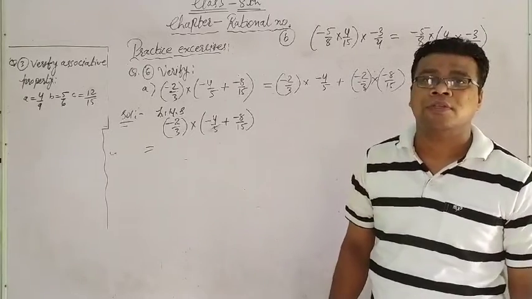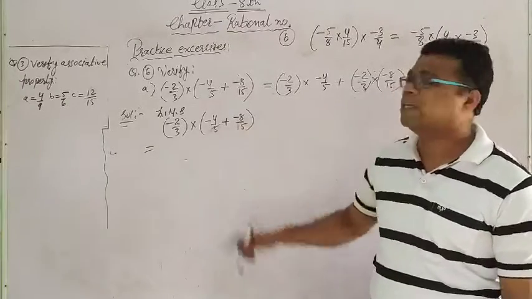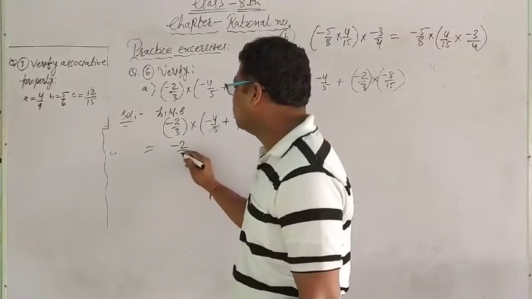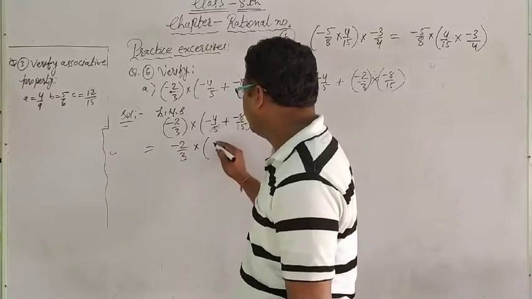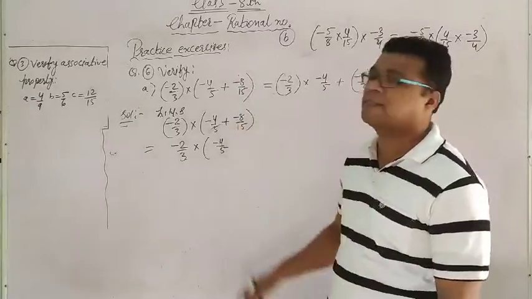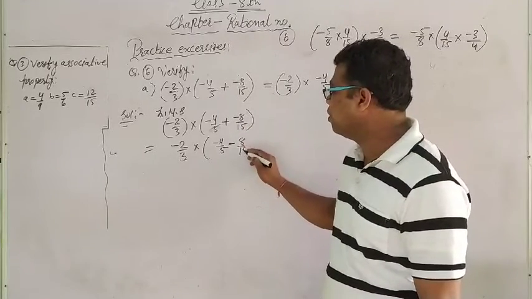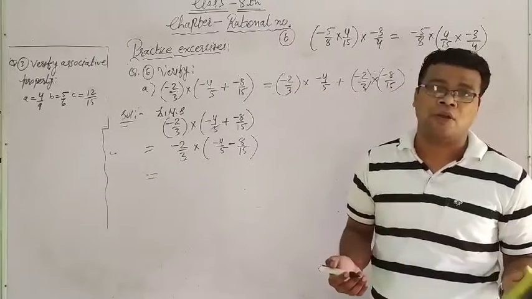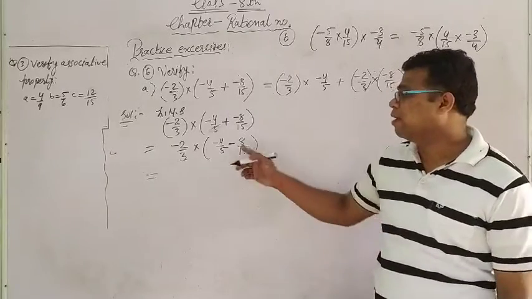So how to solve? See the thing. This is coming inside the bracket and a plus sign is there. So first we will remove the bracket. Minus 2 upon 3, no problem. And here the sign is converted: minus 4 upon 5 stays the same, but plus and minus make minus. So the minus sign will be here, 8 upon 15. According to the BODMAS law, first open the bracket, change the sign. I have changed the sign.